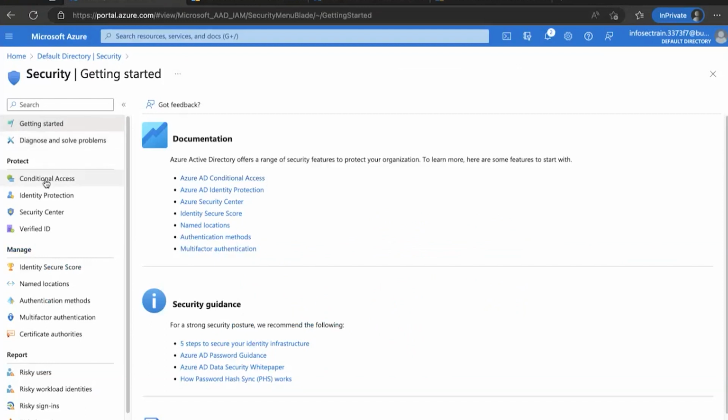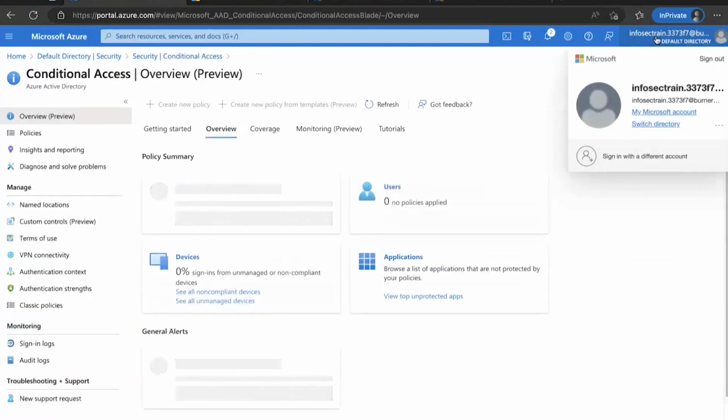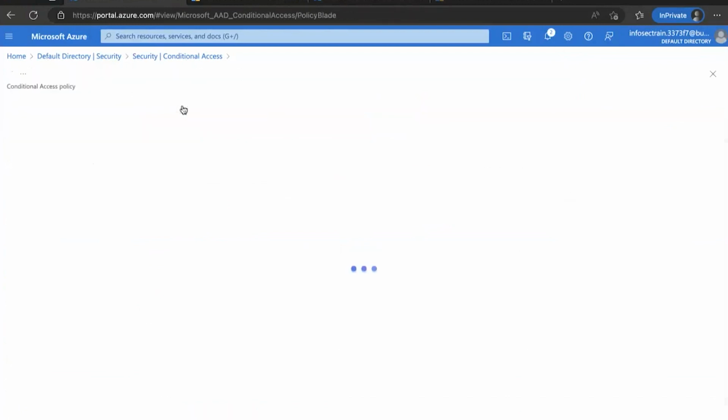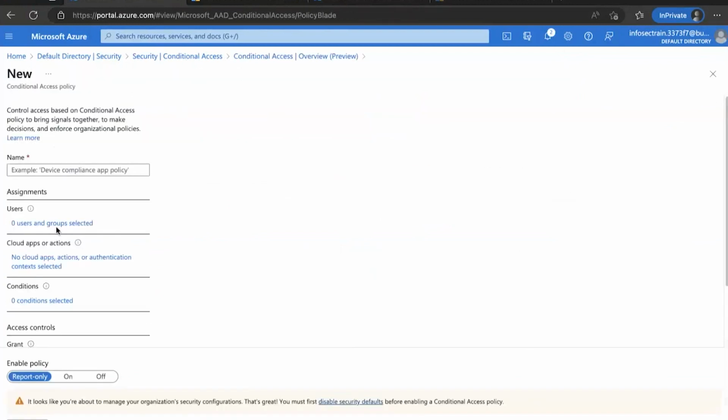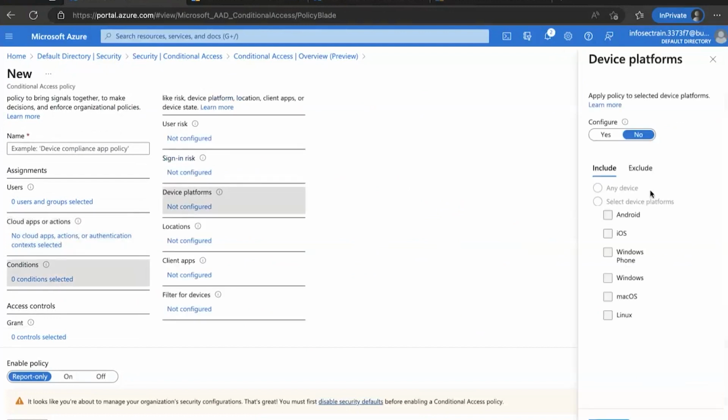this is the page, right? This is my main demo account where I'm having the 30-day free trial. I go in here, I got this option of create a policy, right? And I can now create a policy for a specific user, the cloud apps, or any registered app that they are using. Based on that, I can define my condition, like which kind of device they are using: Android, iOS, Windows Phone, macOS, Linux.